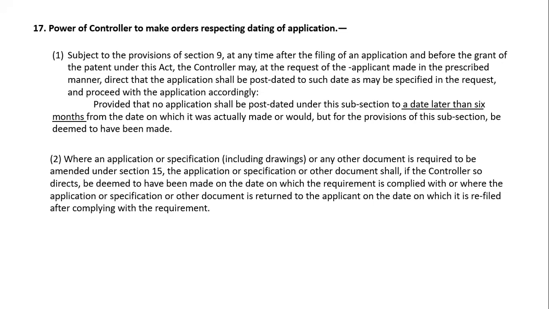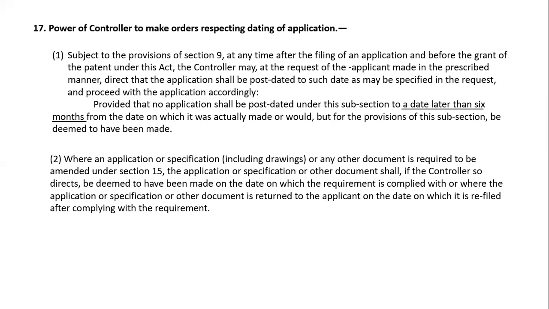Power of controller to make orders respecting dating of the application. Subsection 1 says that, subject to the provision of section 9 that we have discussed, at any time after the filing of an application and before the grant of the patent under this act, the controller may, at the request of the applicant made in the prescribed manner, direct that the application shall be post dated to such date